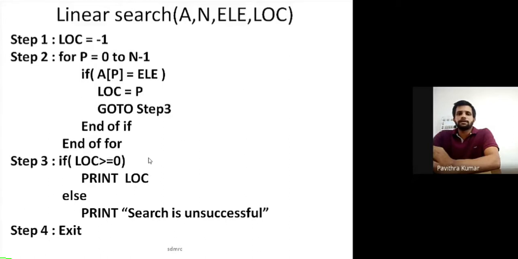And there is one disadvantage as far as linear search is concerned, that is, if the element is not present in the array, you will compare with each and every element, and only at the end of the searching do you come to know that the element does not exist. You surely need to compare each and every element. That's why it will take a lot of time to compare. That's why there is one disadvantage of this.